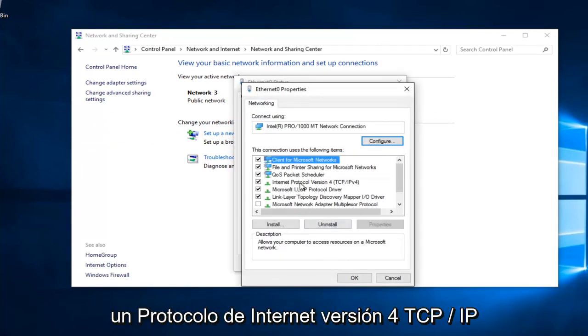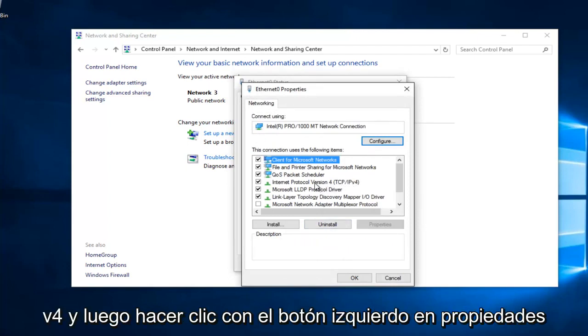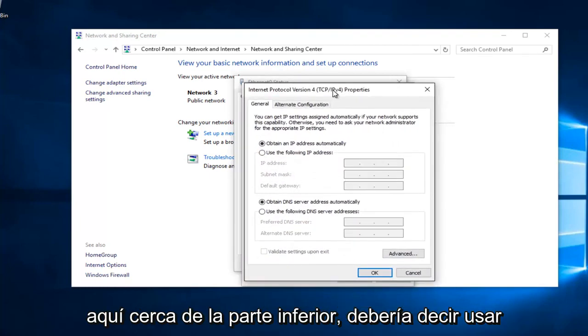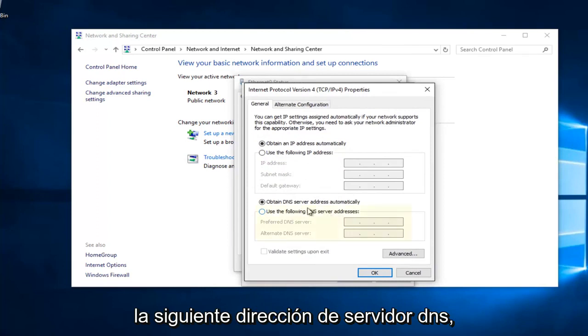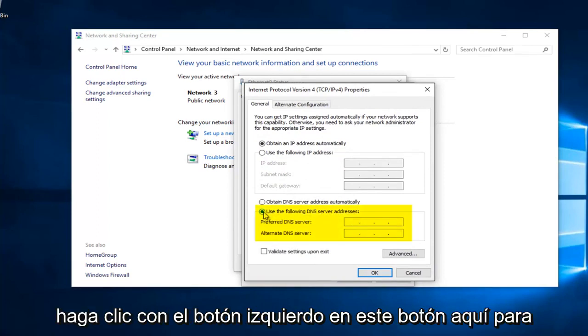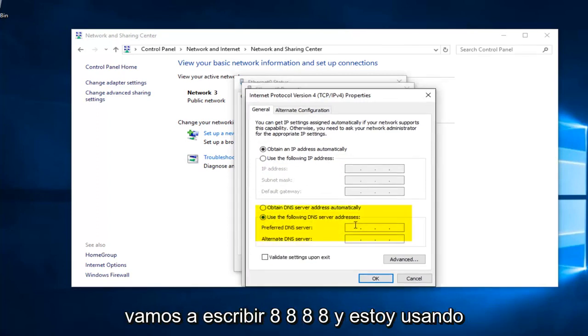Left click on Internet Protocol version 4 TCP/IPv4, and then left click on properties here. Near the bottom it should say use the following DNS server address. Left click on this button right here. So we're going to type in